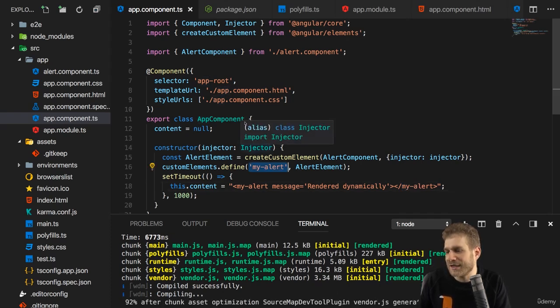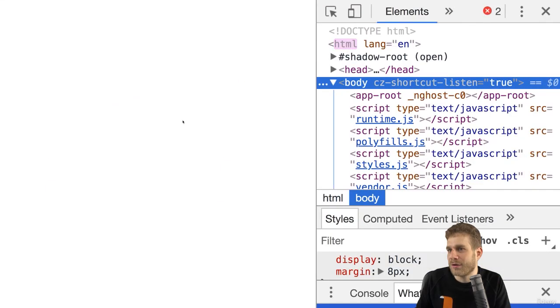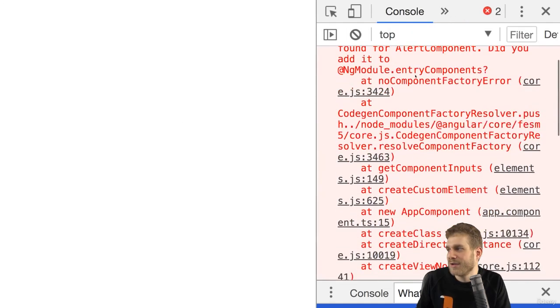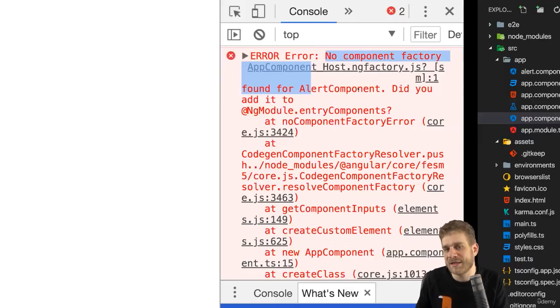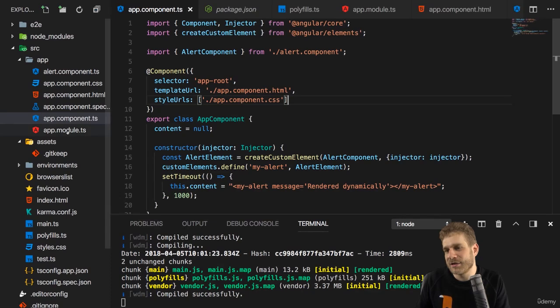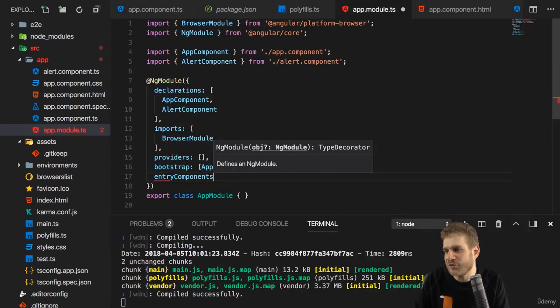And now if we save this, it compiles, and if we go to our application, nothing happens. But if we inspect the console, we actually got an error that it doesn't find a component factory. Now, as I said, Angular elements are only available in Angular apps right now. So what we have to do at this point of time is we have to add the entry components array